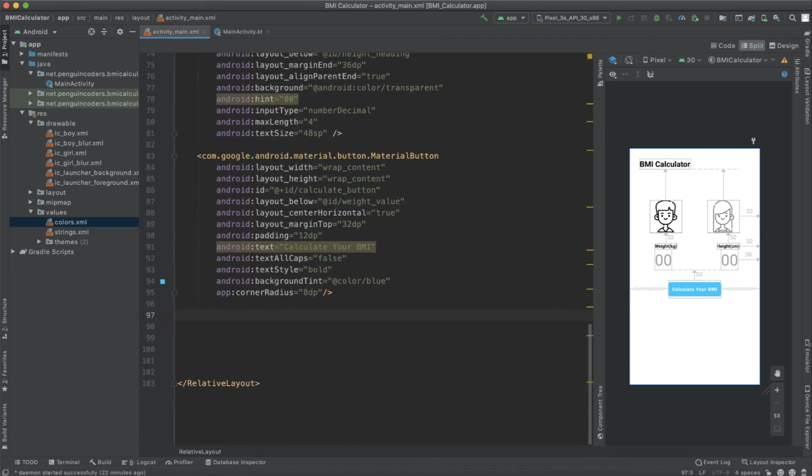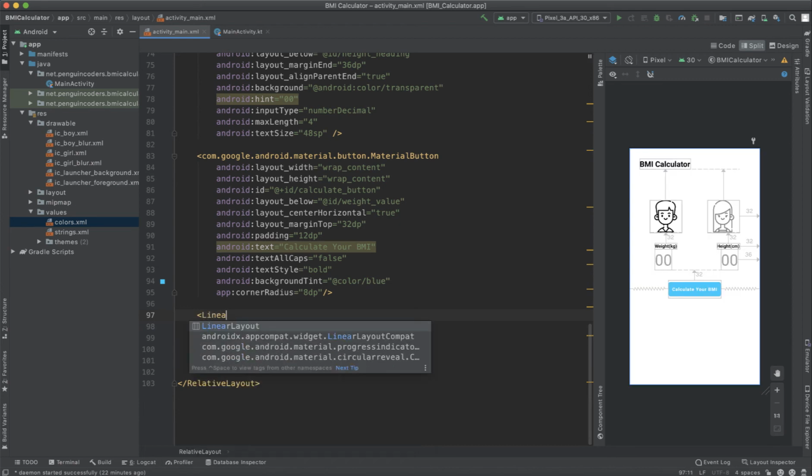Now we will add one more linear layout, because after clicking on this button, we get to a view where we can see the results and everything in the same layout. So we will not be changing the layout. We just remove this button and add that layout here. So for that, we will define a linear layout to add those things. So let me get started here.